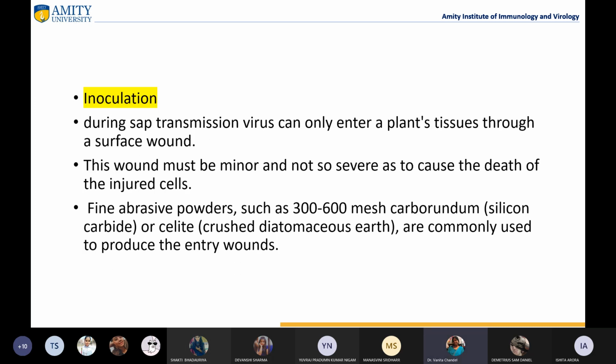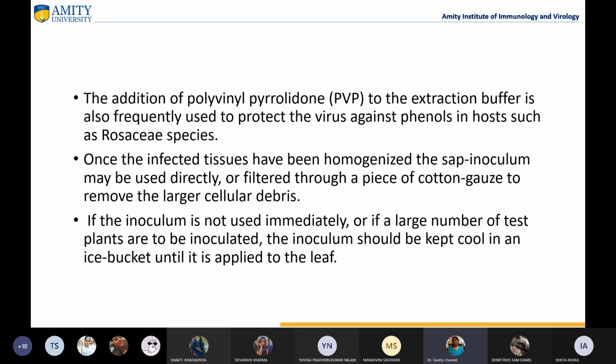For example, the addition of PVP, polyvinyl pyrrolidone, to the extraction buffer is frequently used to protect the virus against phenols in a host such as Rosaceae species. The plants in Rosaceae have a very high phenolic content, such as the stone fruits and pome fruits. So when we try to isolate, even for RNA isolation, these phenols inhibit the process. In order to prevent that, we add this PVP in the extraction buffer so that they don't hinder